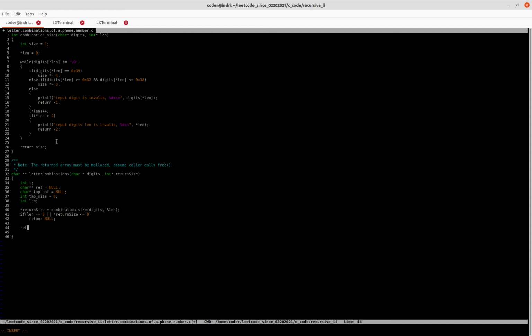So that will be the return equals malloc the return size times size of char pointer. Okay, for i equals 0, i less than return size,